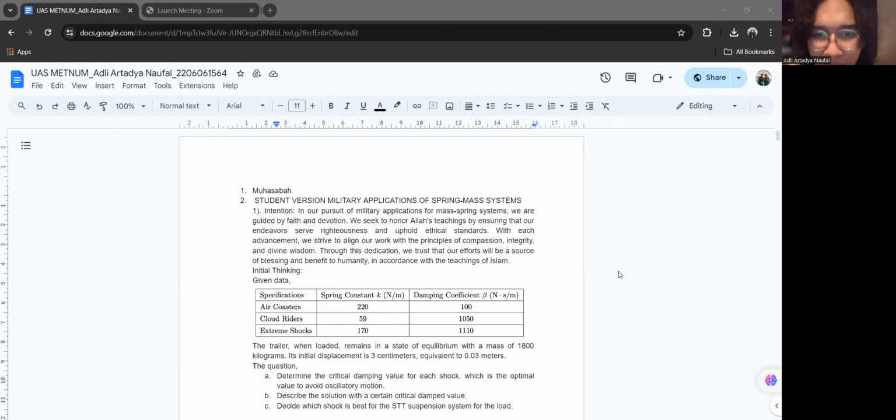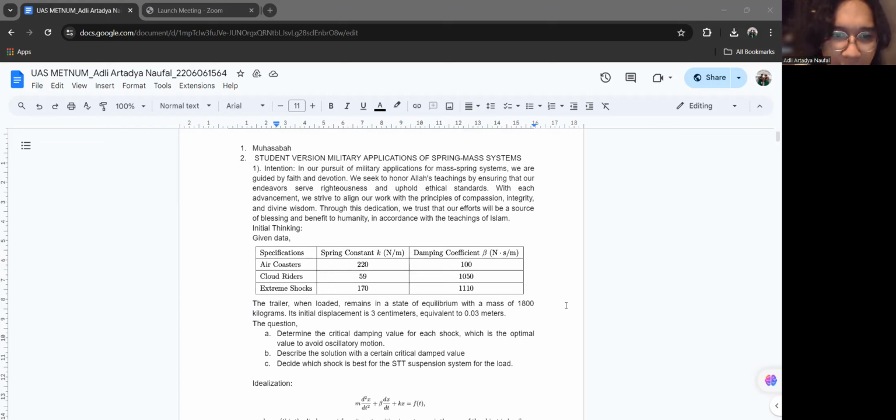The next step is initial thinking, given the data with a table like this. The trailer, when loaded, remains in a state of equilibrium with a mass of 1,800 kilograms. Its initial displacement is 3 centimeters, equivalent to 0.03 meters. With the questions,